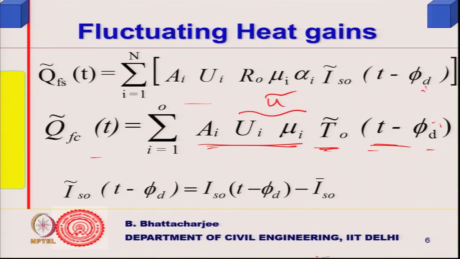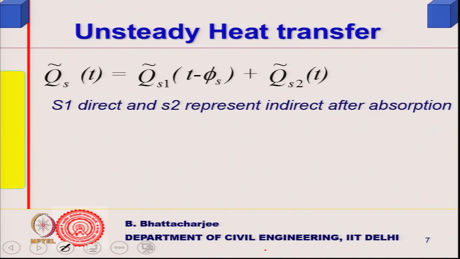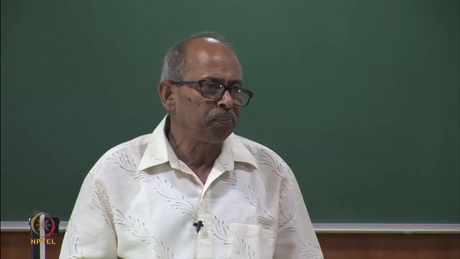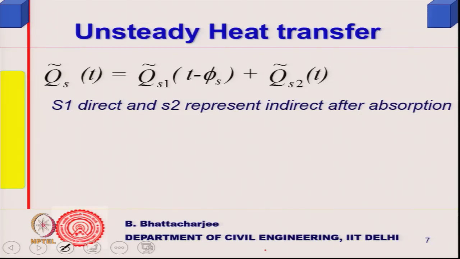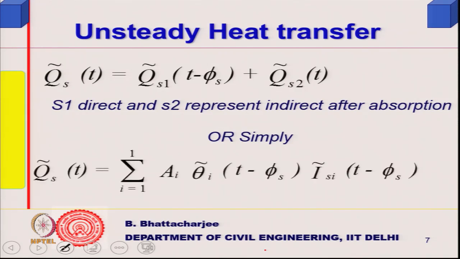That is what I have mentioned to you earlier. Well, for the glass you can complicate it a little bit, or for this QST you can add a little complication because it can absorb now and transmit later. So, one can do that, but we do not do it that way. We simply write the solar radiation. You can complicate this, but instead we take an equivalent theta which takes into account